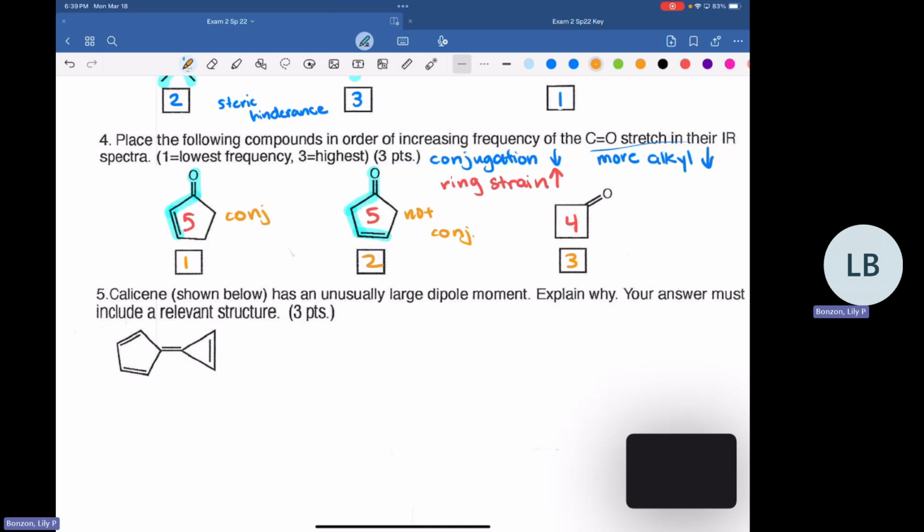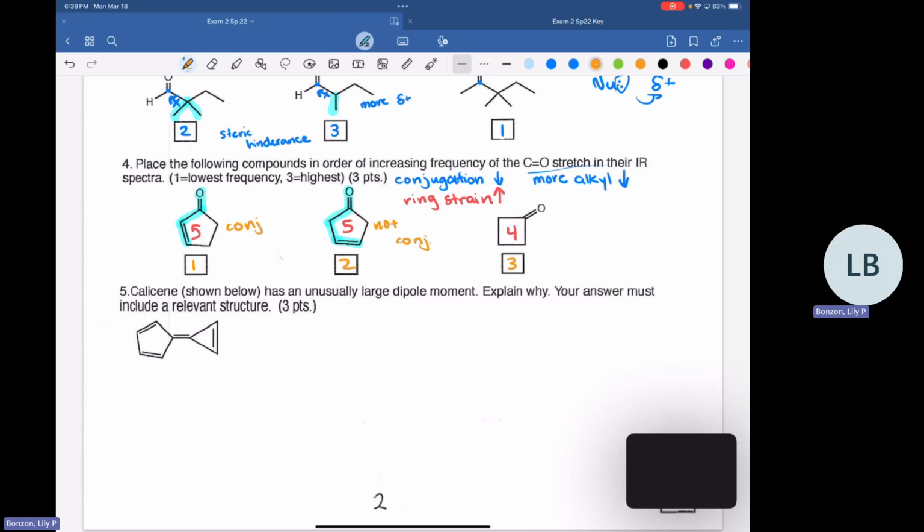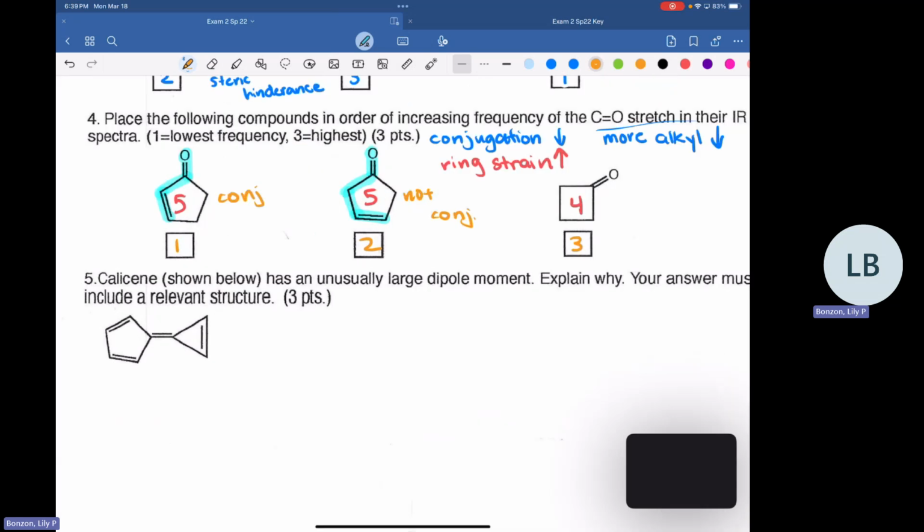So you hate to see it, but we're given this structure and we're supposed to explain why the structure has a large dipole moment. One thing to think about if you get a short answer and you have absolutely no idea what to do: try to think back about the most important questions and topics that you've gone over for the chapters. In this case, the big thing is aromaticity. We're talking about benzene, we're talking about aromaticity. So if anything, just put down the keyword that you've been talking about and that might get you a couple points. So don't give up hope if you see a free response and you have no idea what to do.